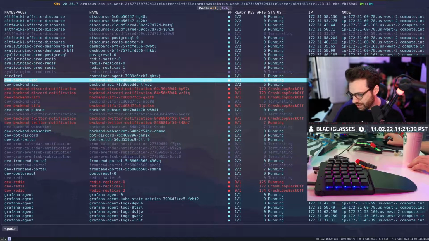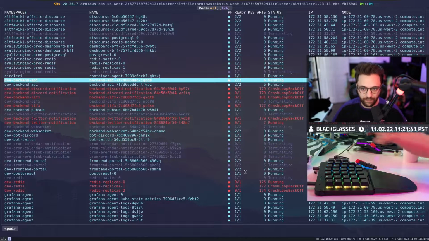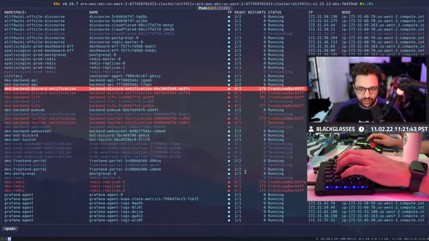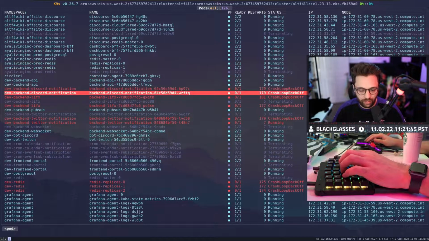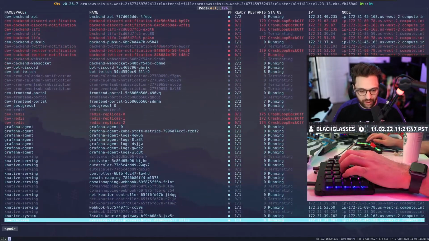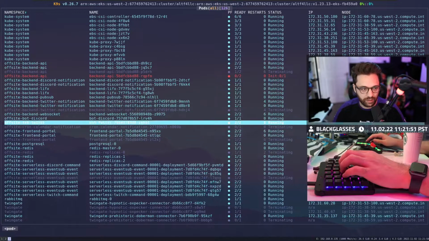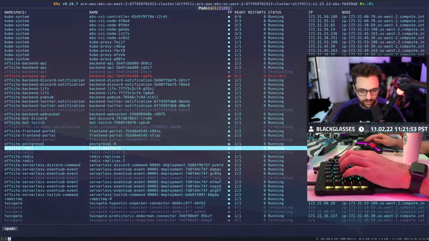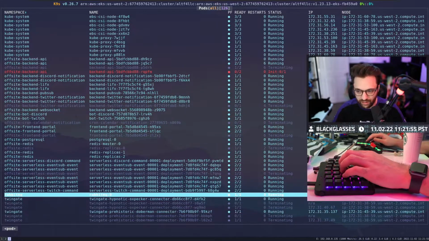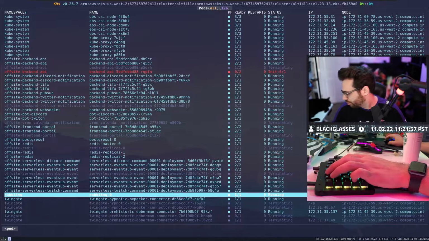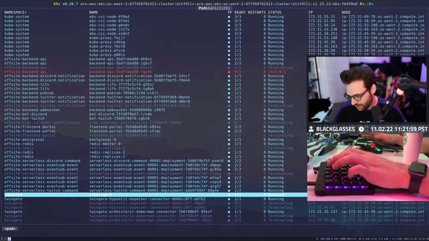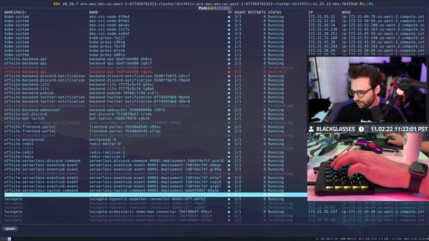It's a great thing. All right, so we're definitely starting to get stuff working here again. You can see some of these are coming back up, like the APIs and stuff. Event sub event is actually running now, which is great. So we should be able to even do ping, right? Yeah, there we go. Dope.